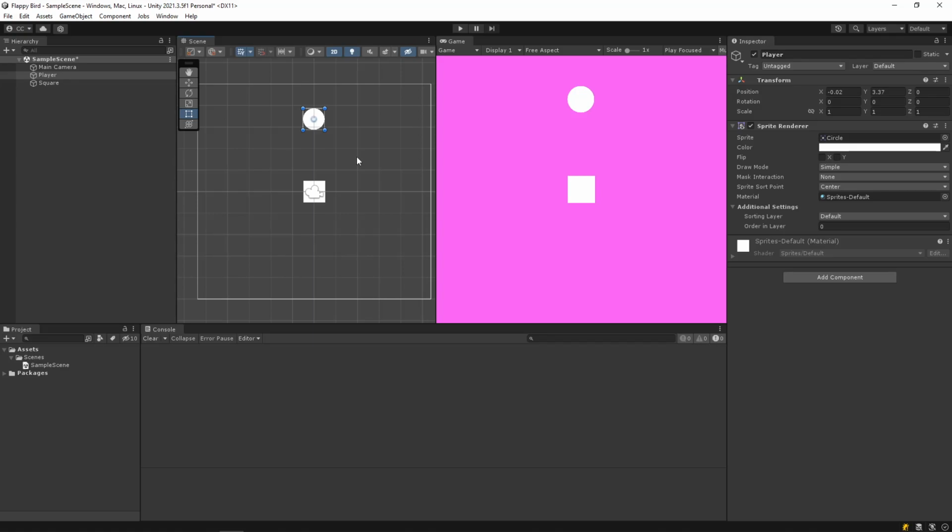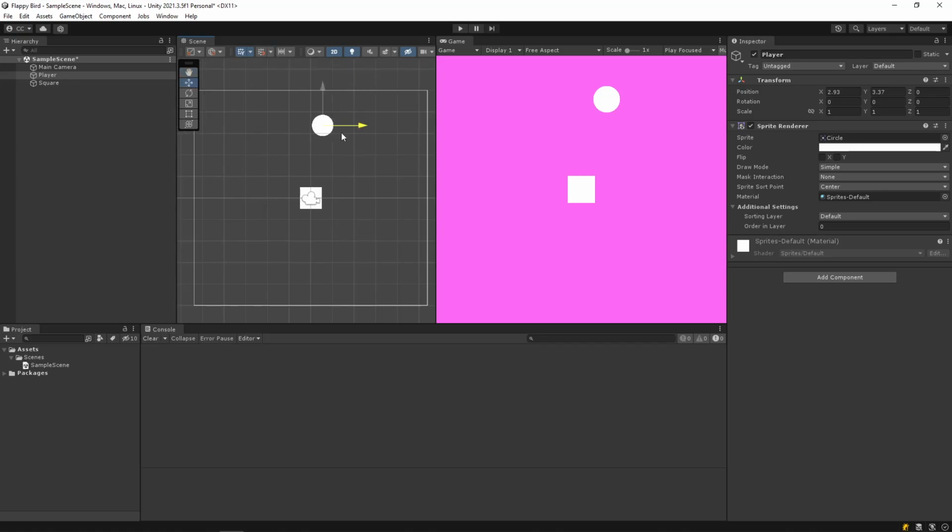So really quickly, just to go over this, there are different tools that you can use to edit objects in Unity. By default, it's at the top left of the scene. There's this hand, there's these arrows that, oh, they kind of match up with my cursor really nicely. That's neat. Earlier versions of Unity will have them, I think, up here in the corner. So if you have an older version of Unity, they'll appear there. But the tools themselves are the same. The very first one is the pan tool. You can use that to move around. Second one is the move tool. You can select these axes to move them. You could also select this square in the middle to move them on both axes.